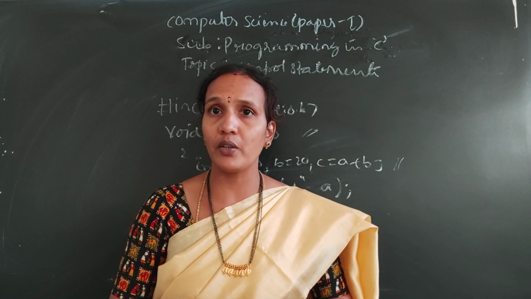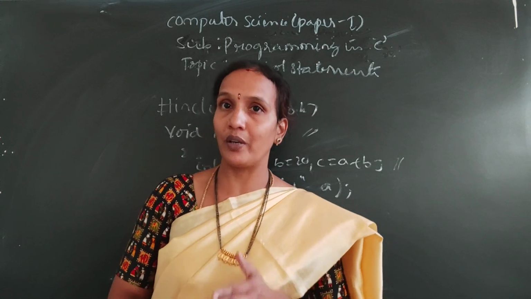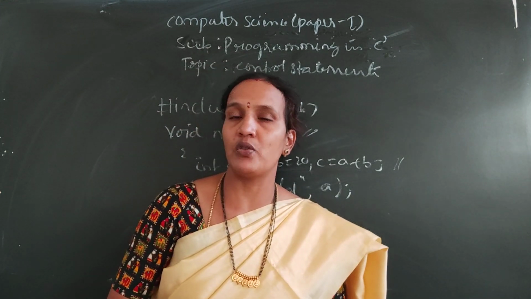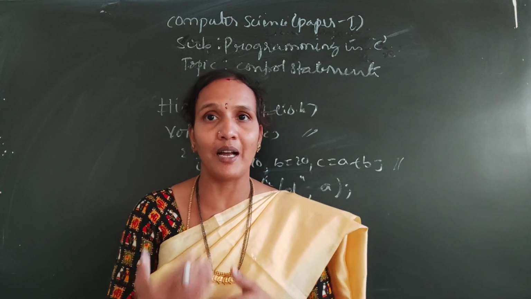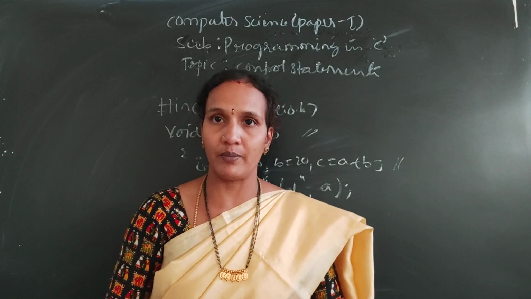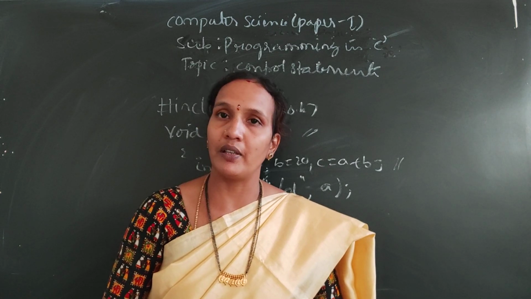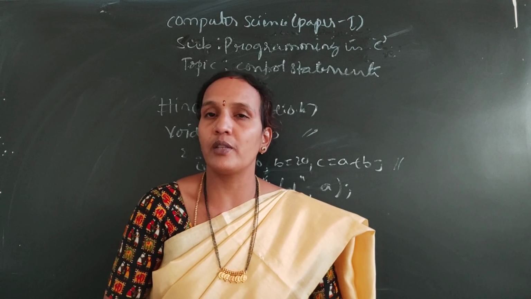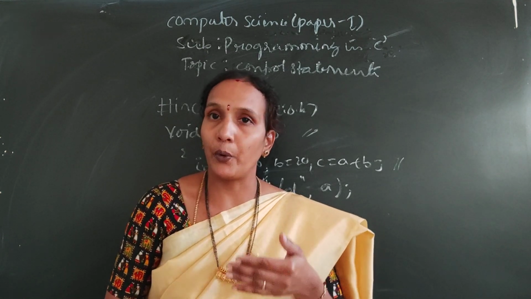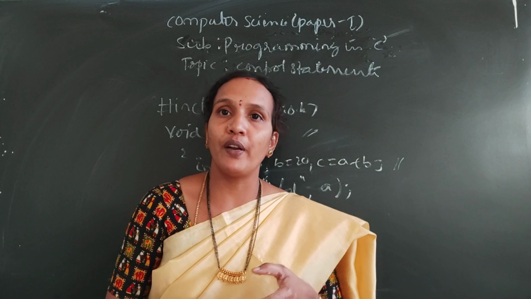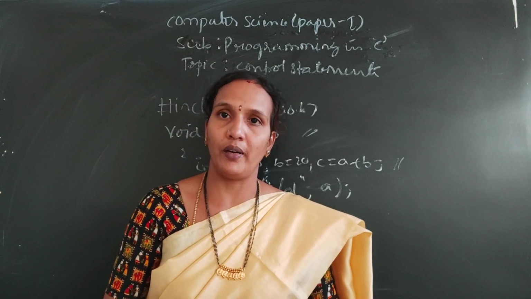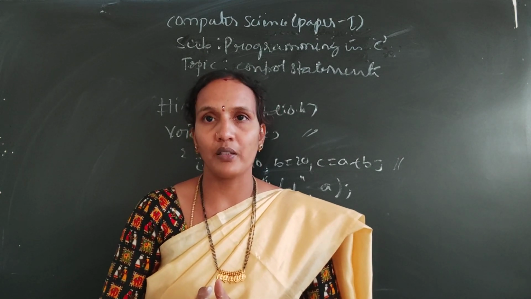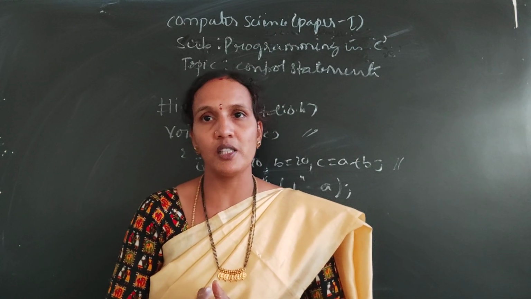So what is the use of the control statement? Control statements help the programmer implement conditions in the program, so the program is executed based on those conditions, and they help repeat a block of statements a number of times until the given condition is false. Using control statements, a programmer can implement different types of conditions and execute the same code a number of times. That is the use of control statements in C programming.